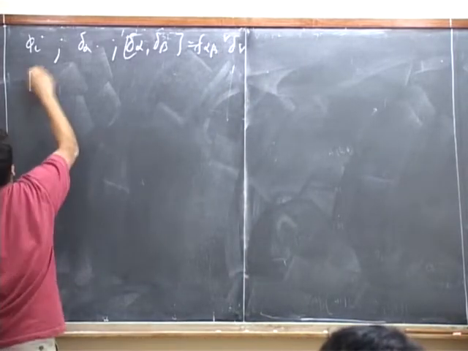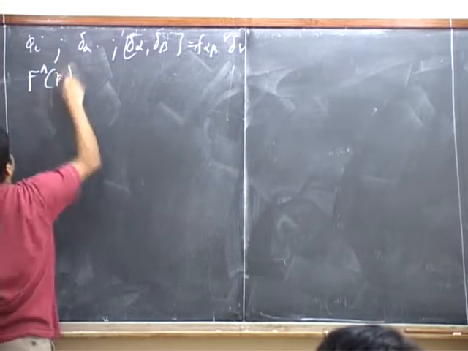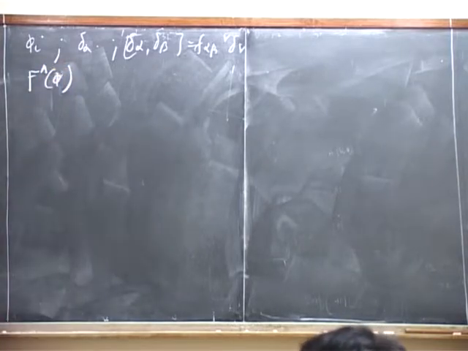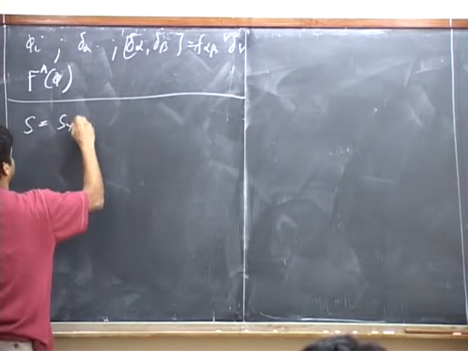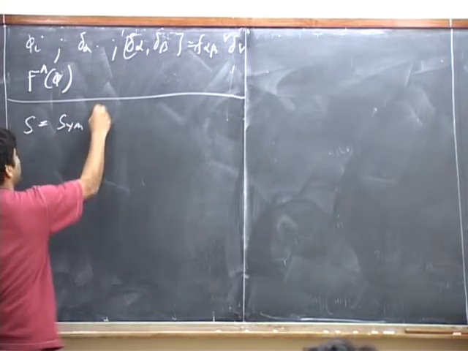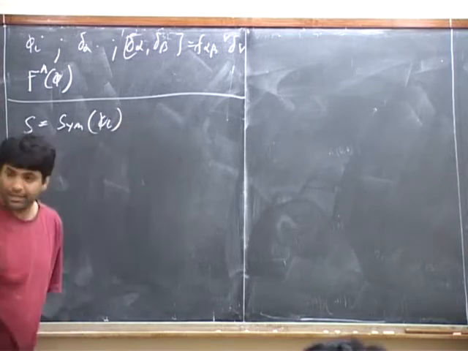And we choose to quantize the theory by fixing the gauge conditions F alpha of phi equal to 0. The Faddeev-Popov procedure gave us an action S equal to S gauge-invariant, the gauge invariant action of phi I,